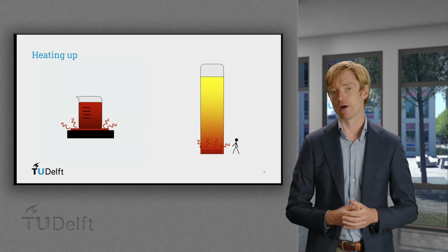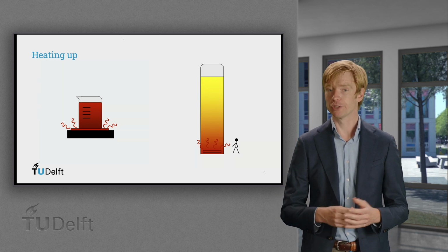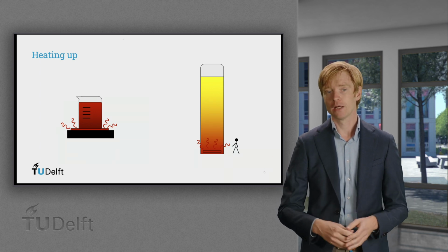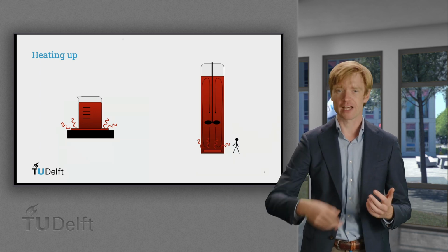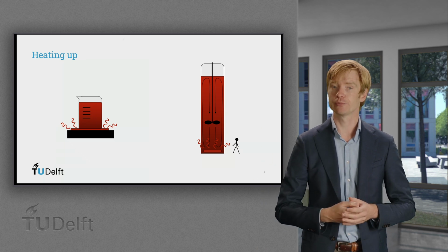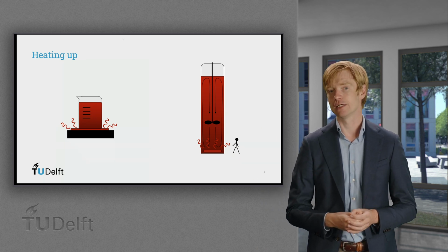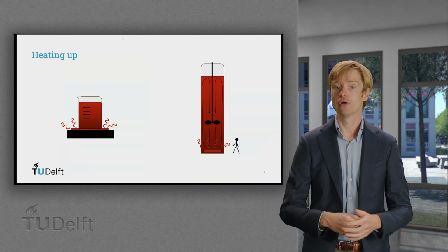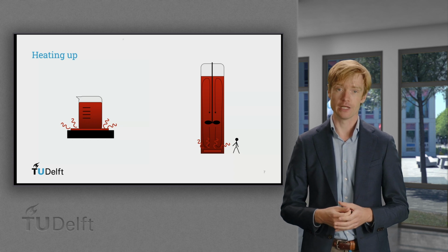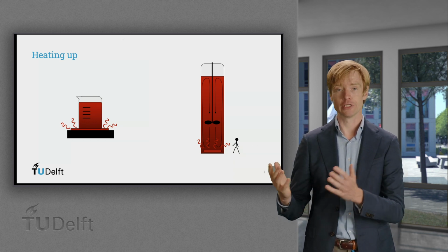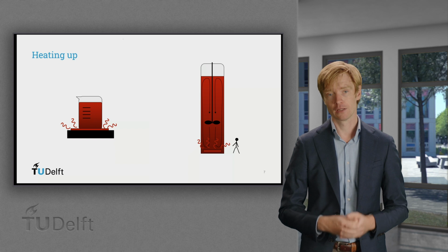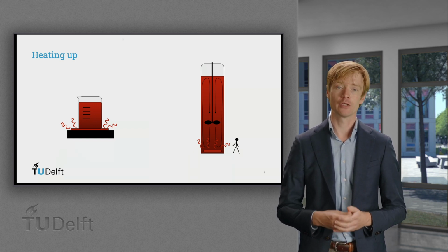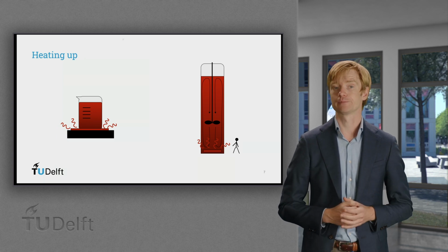In the large reactor, however, we may find that water in the bottom may boil, while in the top it's still relatively cold. I may need to pump or to mix actively to ensure that heat is distributed sufficiently rapidly. In addition, scaling up leads to a different area to volume ratio, which reduces the rate of heating, which requires additional heat transfer surfaces to remedy. Overall, to achieve similar behavior between these two systems, we need to use different equipment.